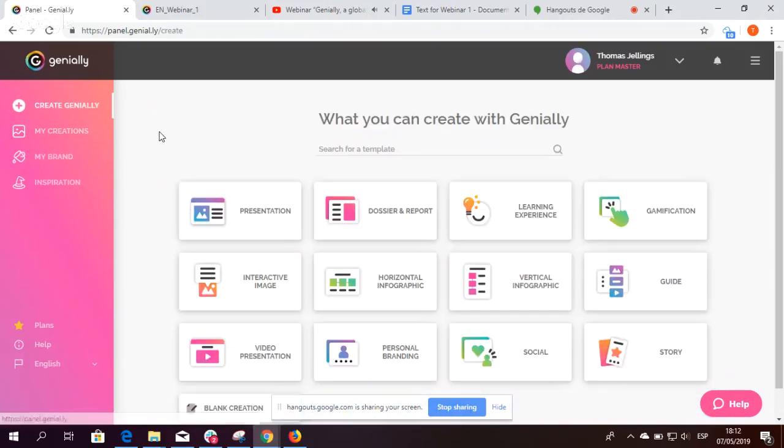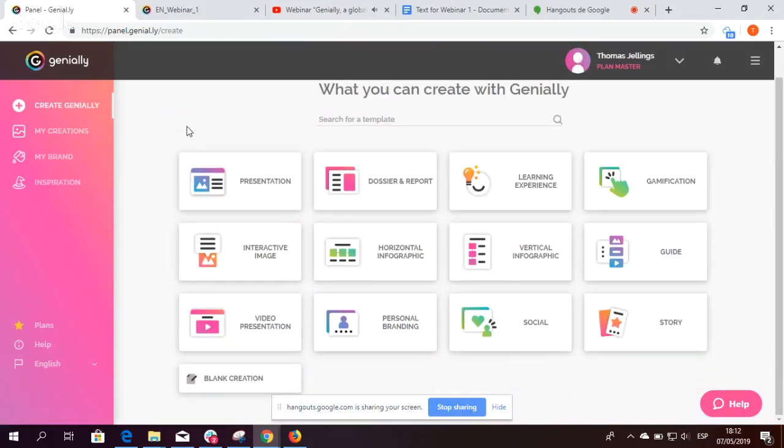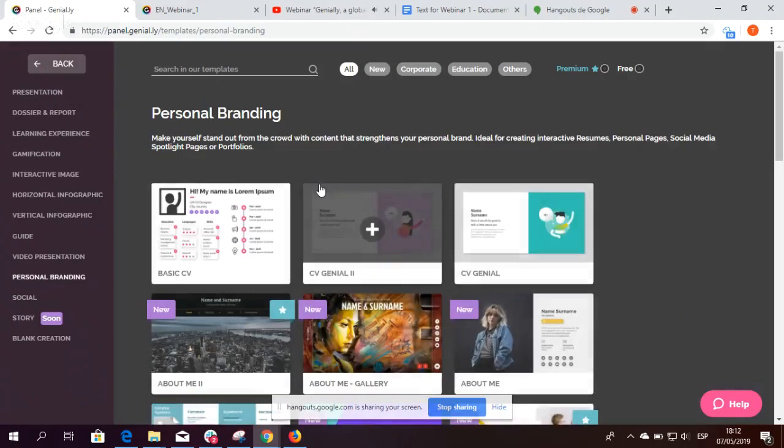So here is where you can choose which type of template you would like to select to create your first Genially, or perhaps your umpteenth Genially in certain cases. And by clicking on the template, you can then choose what you want to do. I'm going to click on personal branding here, for example,